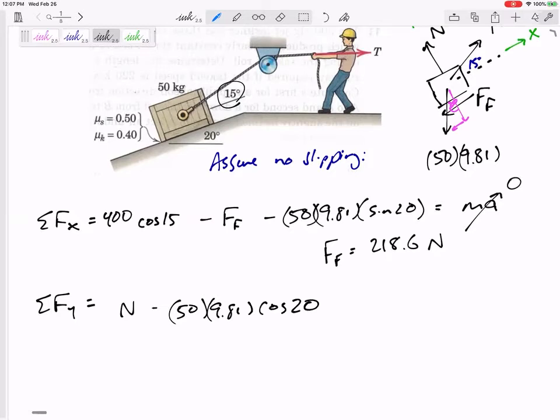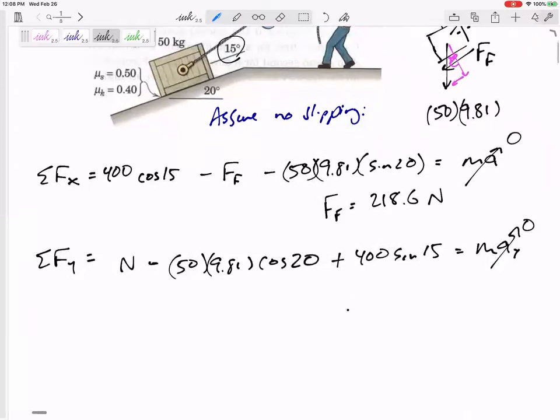Oh yeah, almost forgot. The tension is also a component of that, 400 sine 15, going up in the positive y. All right, so that equals ma, but is there any acceleration in the y direction? Even when this is slipping, there's still no acceleration in the y direction. One unknown, solve for that,